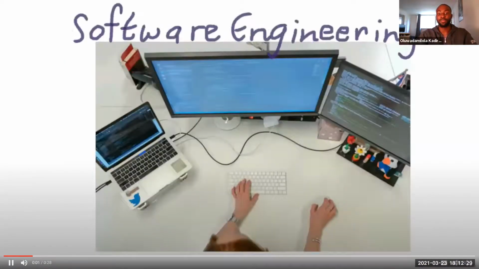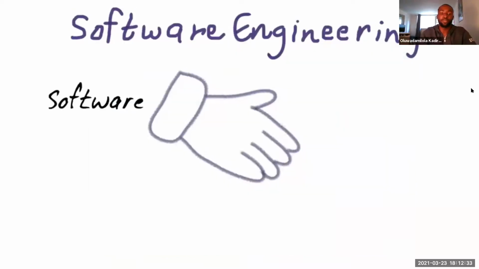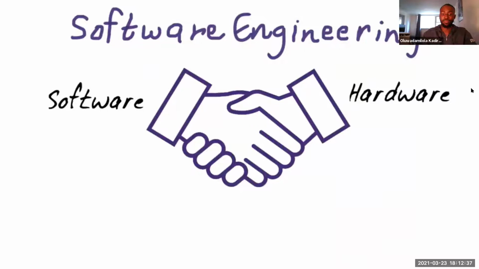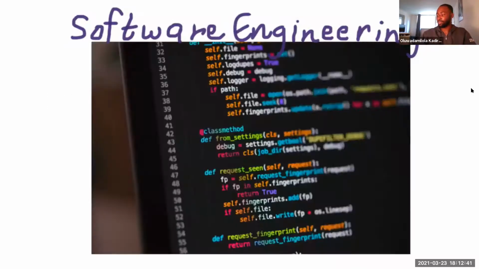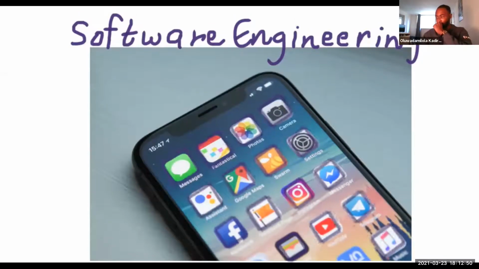Next, we have software engineering. And software engineering goes hand in hand with that computer hardware part. If the hardware doesn't work with the software, then the computer won't work at all. So software is actually the coding that's inside all of the apps and the different programs, the websites that you're using, the videos that you're watching. And that coding is the set of instructions that we're giving to our computers.